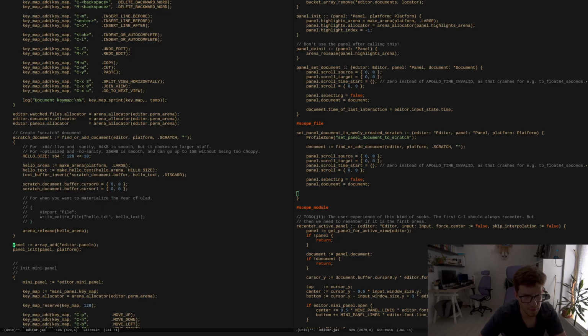So now we add a panel, and now we basically say you have to take a document when you initialize a panel, because as it currently stands, it just needs to be there. Like, too much code asserts that it is there. So